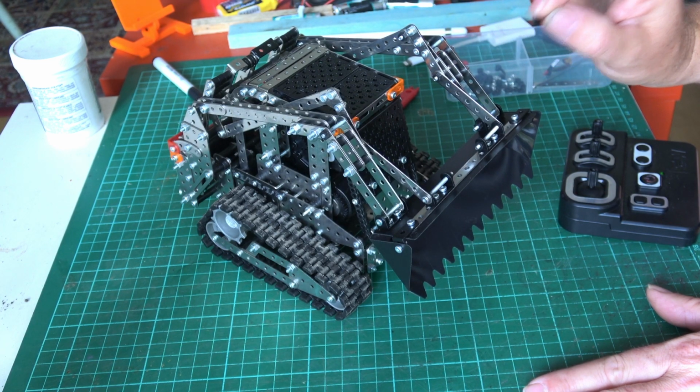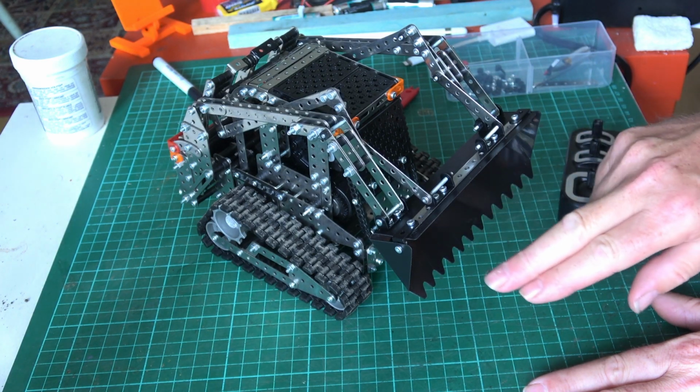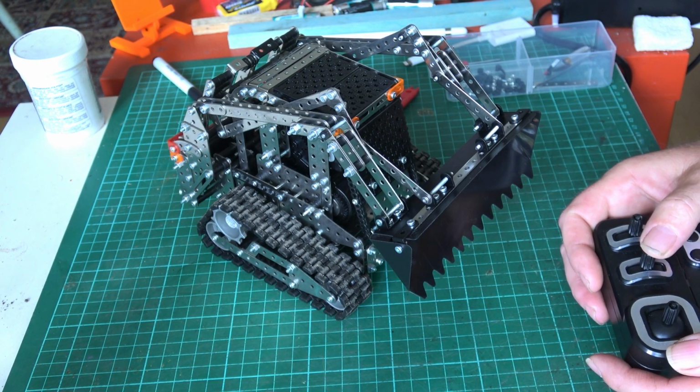Following on from the last video, which was to build this Meccano-like track loader and to build it stock and test it. I really liked it, however there was one thing that really bugged me about it, and that was the height of the bucket in the lowest setting, because it wasn't terribly good for scraping things up. I'll just show you what I mean. So if I just bring it down,